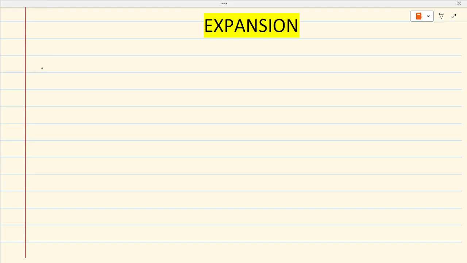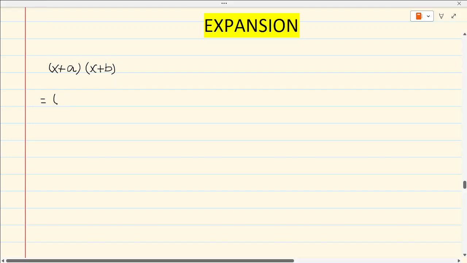Suppose we need to multiply two expressions like x plus a multiplied by x plus b. Traditionally, what we were doing in our previous classes, in class 7, correct? We were doing it like this: x plus a multiplied by x,